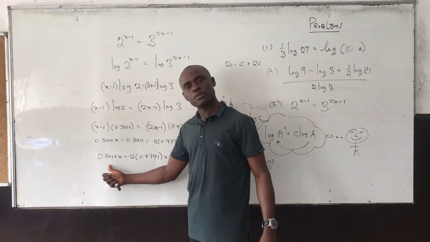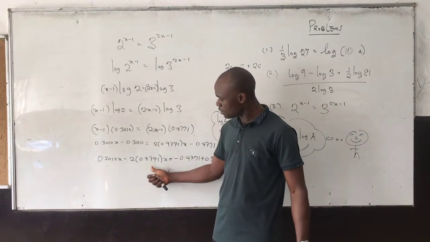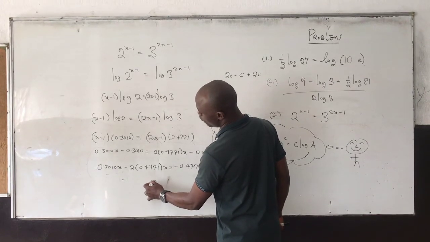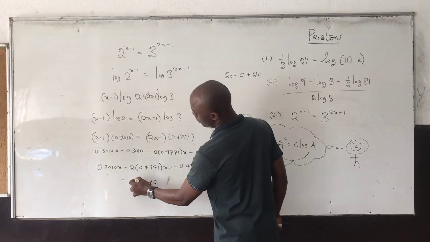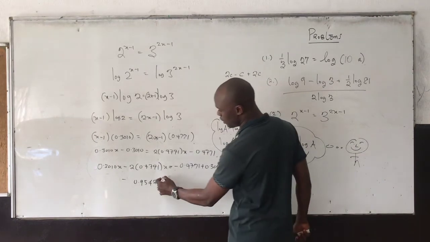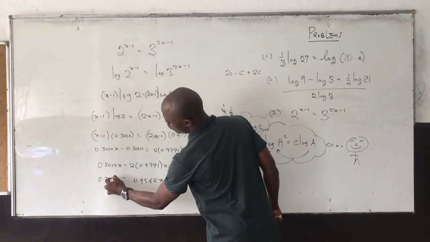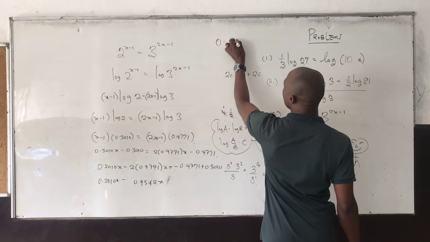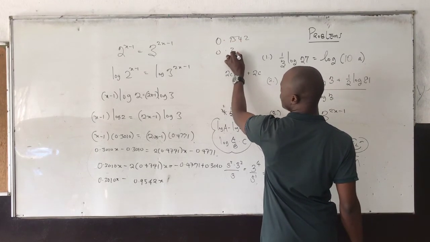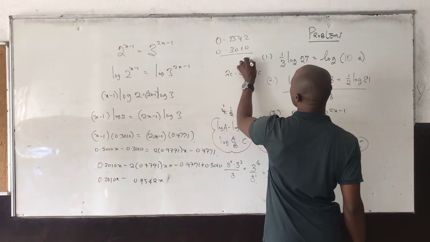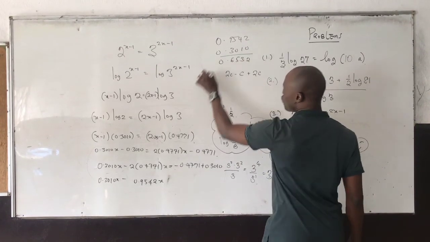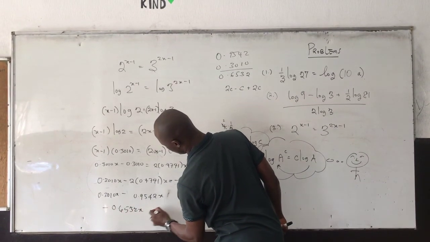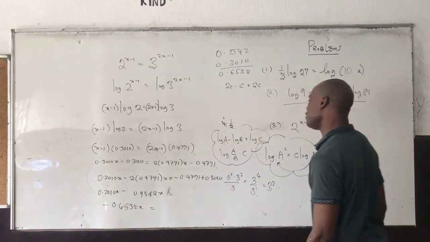Here you can simply multiply this times this. You have a calculator, you can always do that. 2 times this is going to give you 2, 4, 5, 9, and 0. 2 times will give you that. We have x here. We have 0.3010x. So we can subtract that 0.9542 minus 0.3010. That is going to give us 2356. So here we have minus 0.6532x equals to,